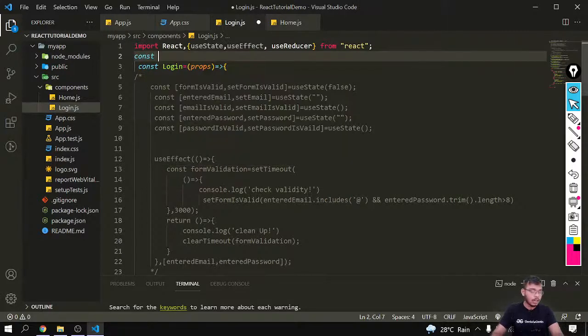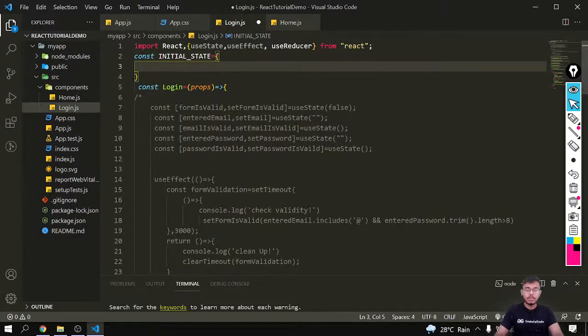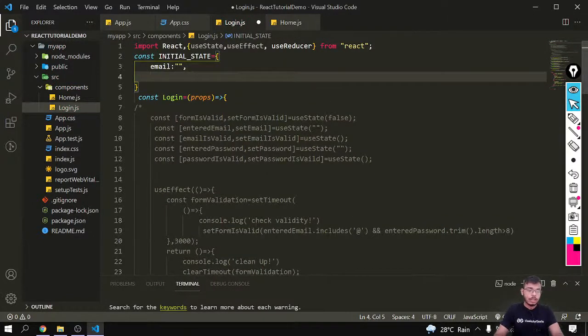So constant initial state, which would be equal to an object which will be having three fields. The first one is email, which will be initially containing an empty string. After that, there will be password,